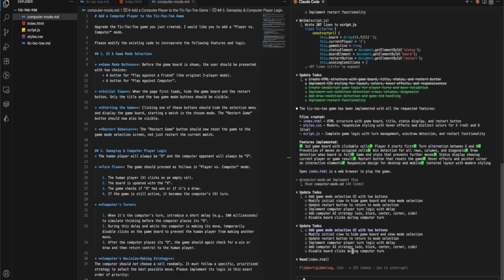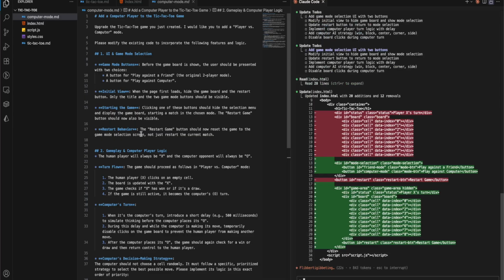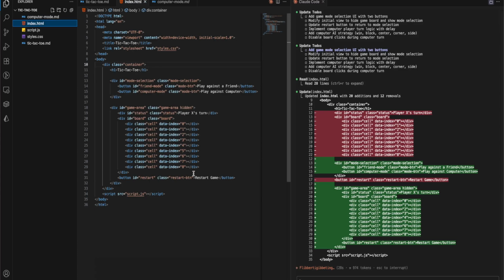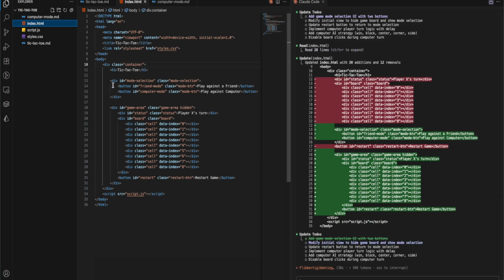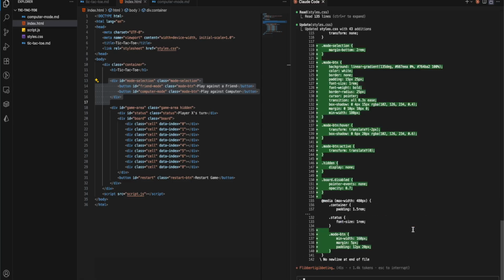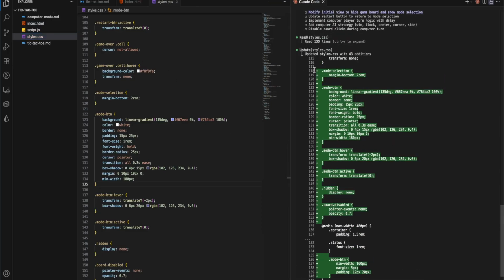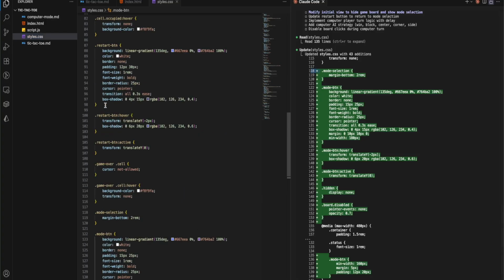So here you can see the to-do: the selection screen, right? You can see here it changes in the HTML file, and you can see a new section here. Then modifying the initial view to hide the game board and show a selection screen. So it's making changes in CSS, you can basically check here,